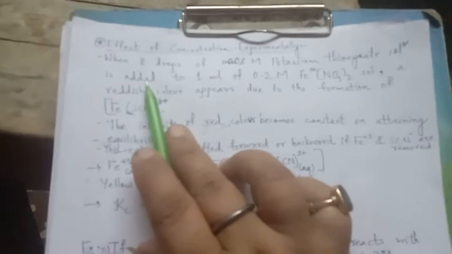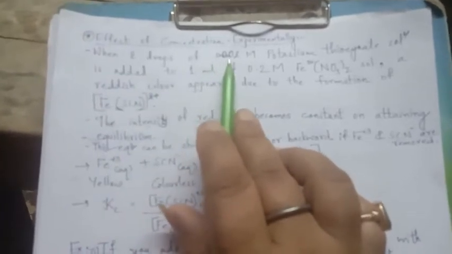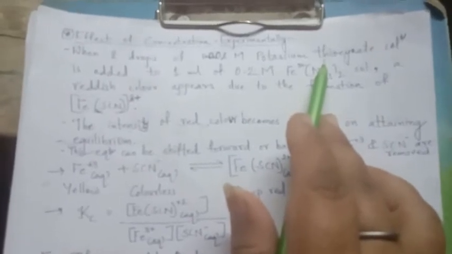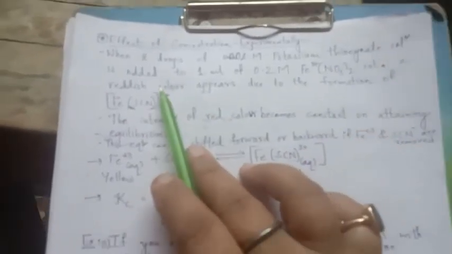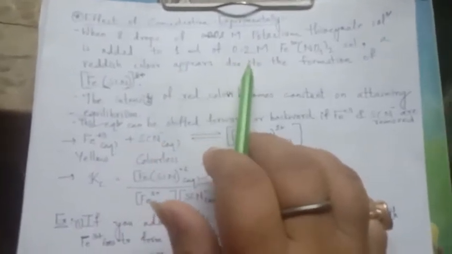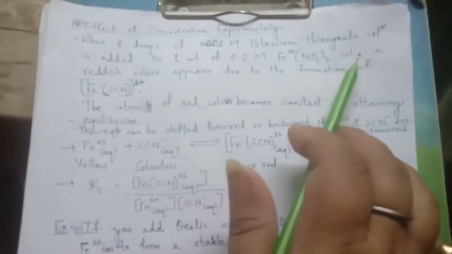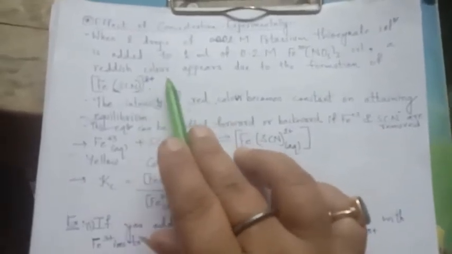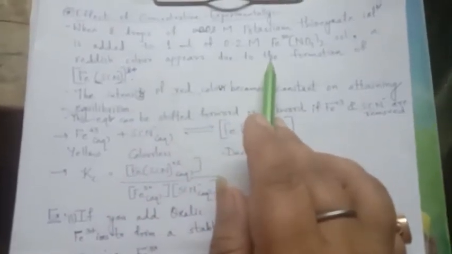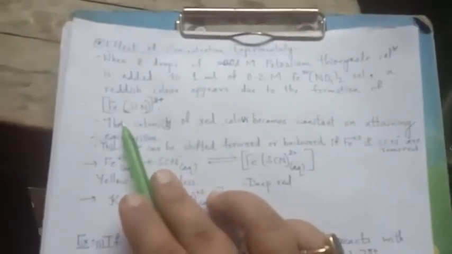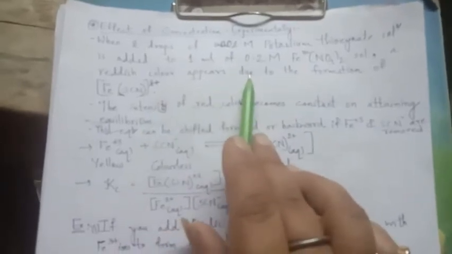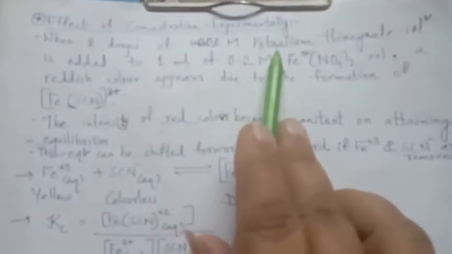So, when 2 drops of 0.002 molar potassium thiocyanate KSCN solution is added to 1 milliliter of 0.2 molar ferric nitrate solution, a reddish color appears due to the formation of ferrithiocyanide. Right? So here the reaction takes place between potassium thiocyanate